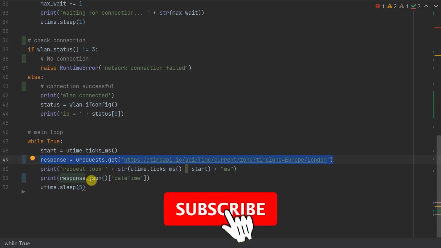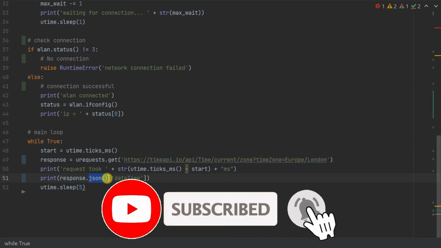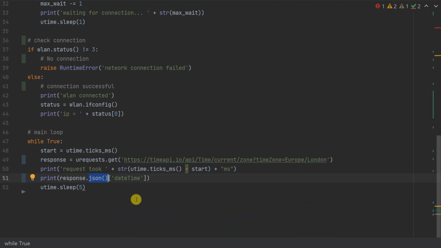There are other methods built into the response you get back which will allow you to deal with that. And again, do have a look at the documentation to get more details on that. But as I've seen here, a lot of the time you'll be using these GET requests to access APIs, and mostly they will come back as JSON. Some of them will send just back some plain text answers, but a lot of them will come back as JSON structured data,